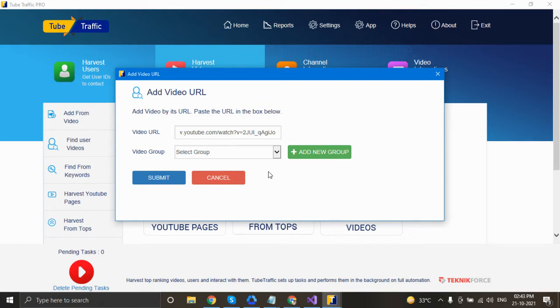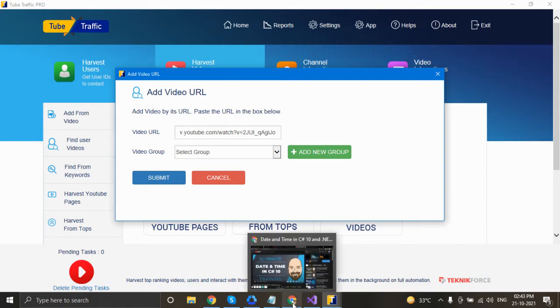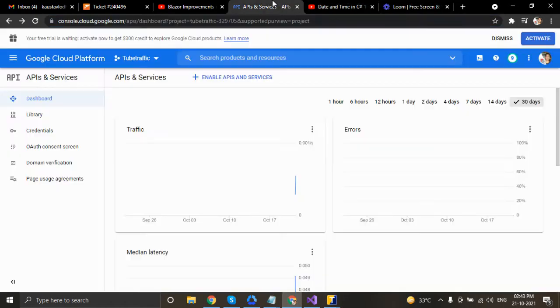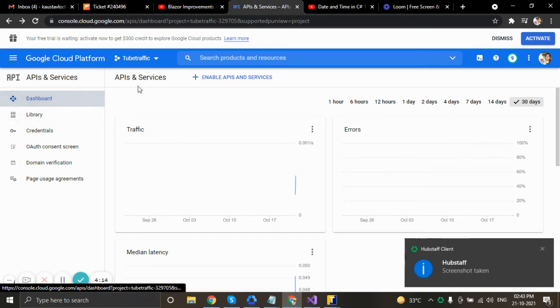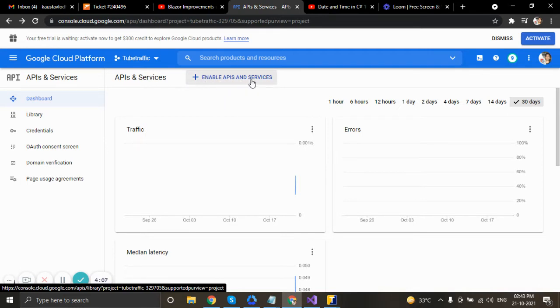But before you do that, you need to do something. Enable here in Chrome. So you are in this dashboard section. You need to go there, and after that, here is an option called Enable APIs and Services. So you need to click here,